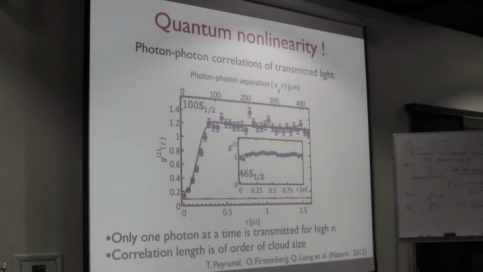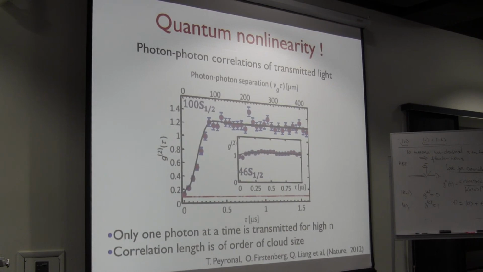The second observation: why does it go up here, right? When G2 goes up, it suggests that you have some additional source of noise. It's actually related to some of the discussions which already took place, I believe, during the other talk. So we believe we understand why this happens. This noise is due to the following. We have this extremely nonlinear medium where one Rydberg atom can block the transition of all photons, right? And what happens here is that when we excite this Rydberg atom, then the first photon